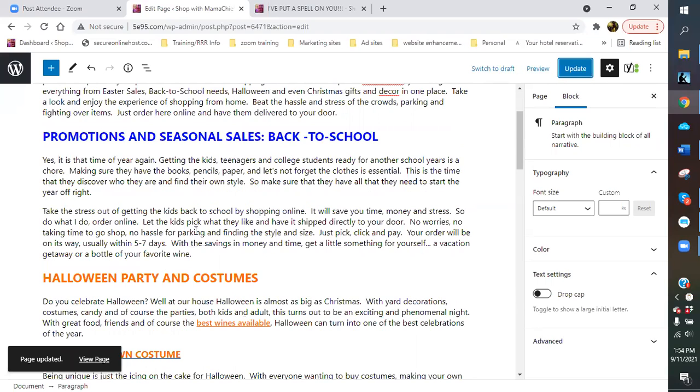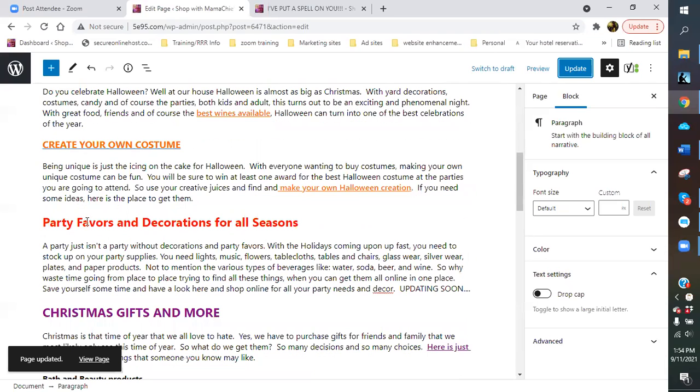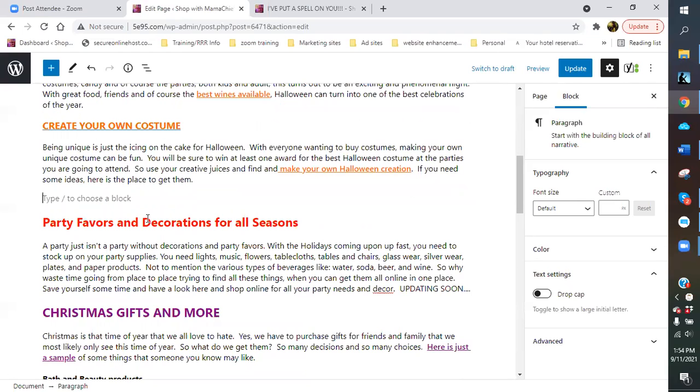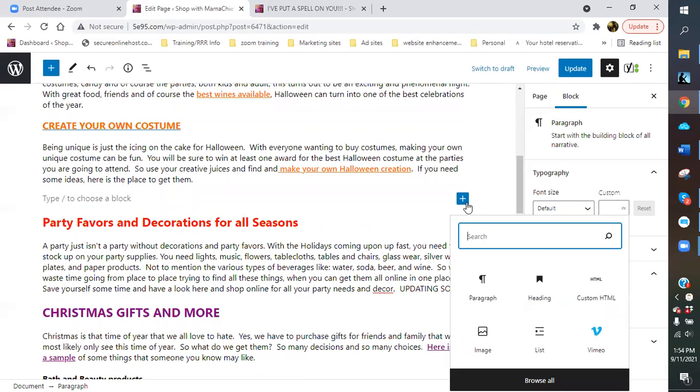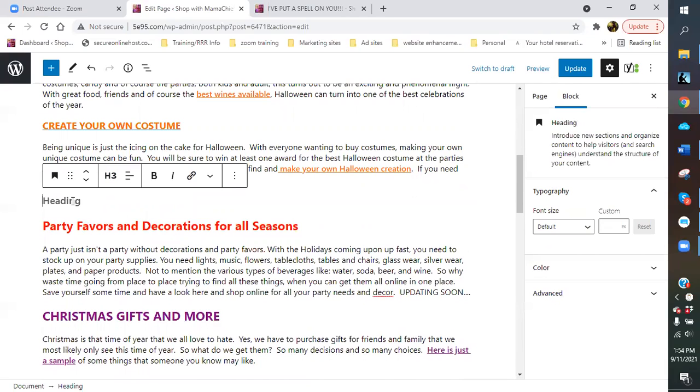So I got the back to school stuff, Halloween parties and costumes, create your own costumes. So then I'm just going to come right here, create a block. I am going to do a heading. I'm going to do a heading 3, and I'm going to talk about